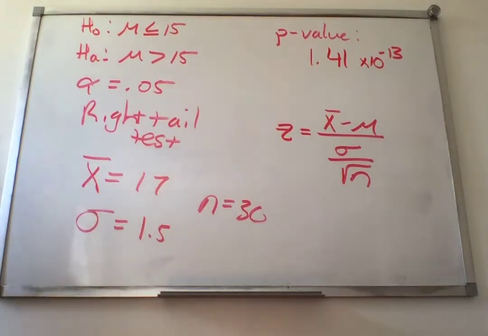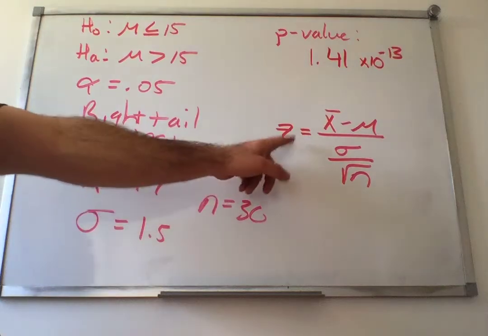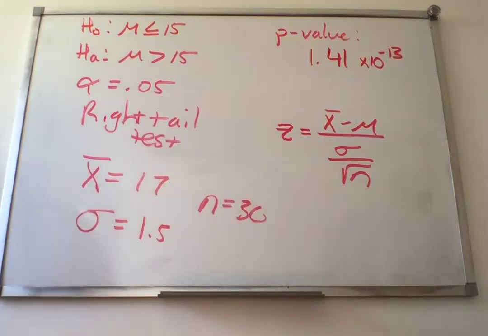The z-score is equal to x bar minus mu divided by sigma divided by square root of n. We've seen this formula before in chapter 7. Okay? It's the same exact formula that we used then because we were using the central limit theorem. Same formula now. The other method that we're not going to go through is called the test statistic method. This would be our test statistic, but we don't need to calculate that, so you don't need to worry about that